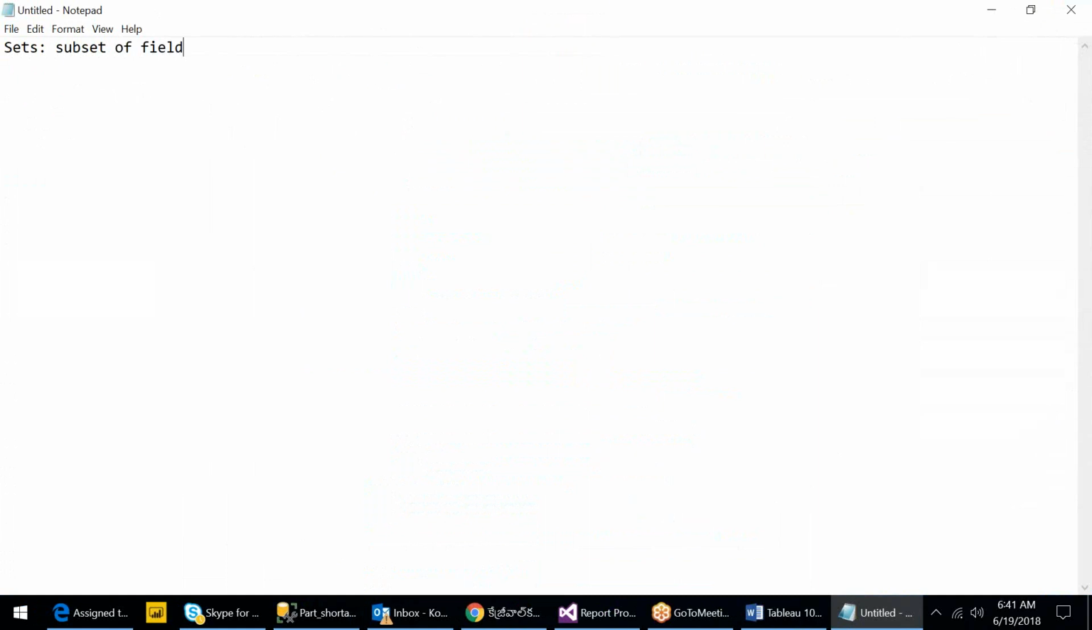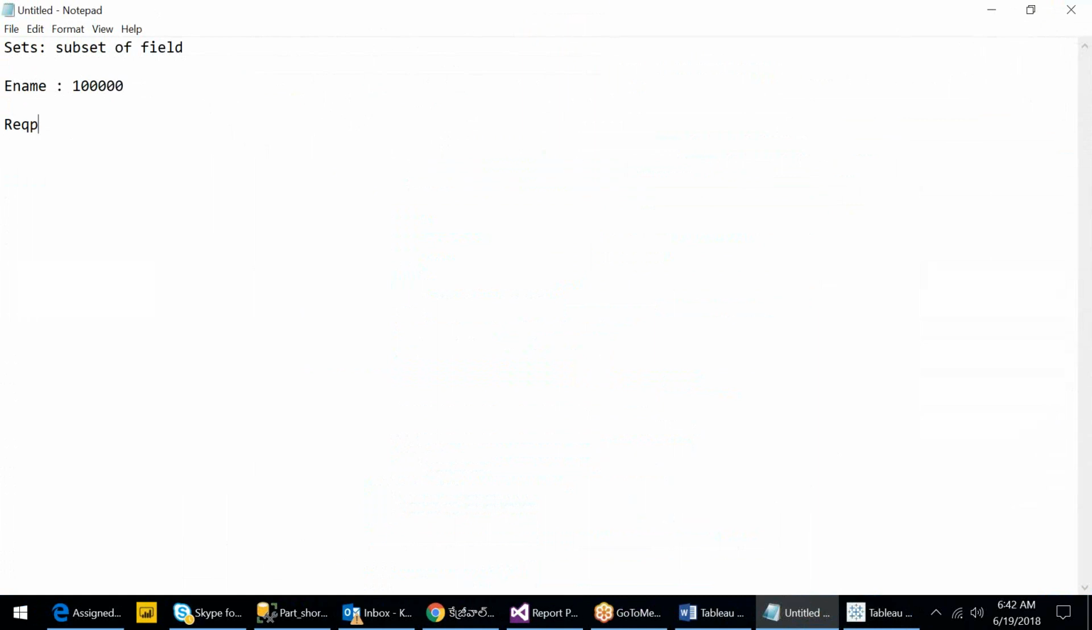It's a subset of the field. So, for example, I have an employee name field, which actually contains around 1 lakh records. That means 1 lakh employees. But there is a requirement: show only top 10 performers. But where are the 1 lakh records? The only request is for the top 10 performers. To design that report,